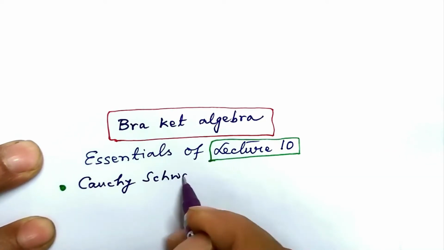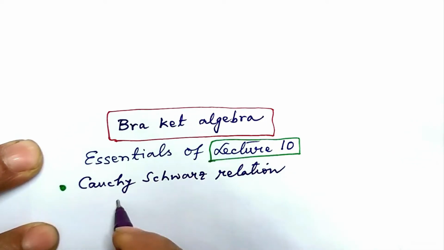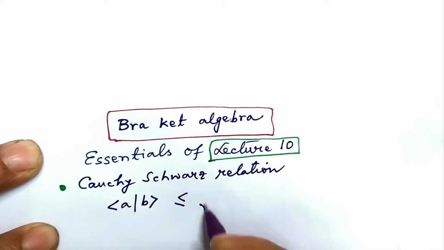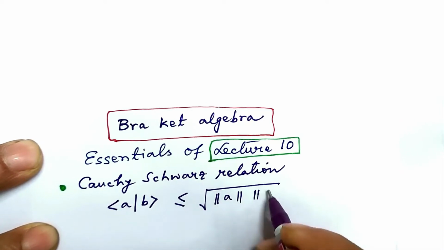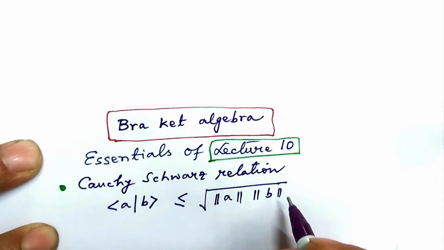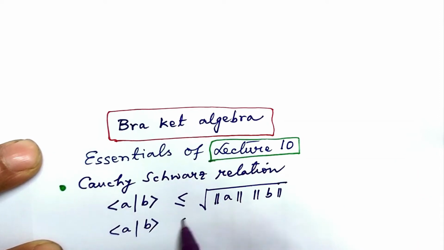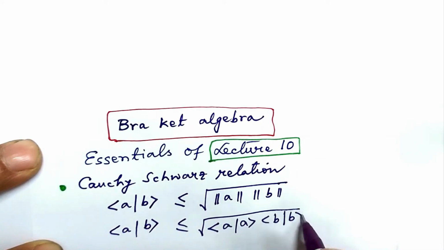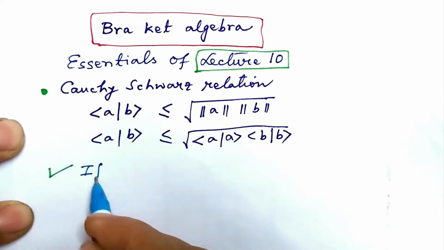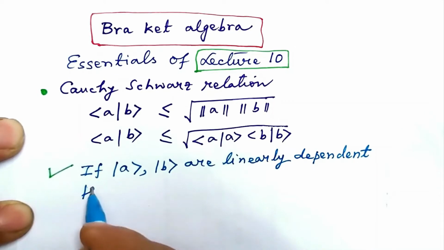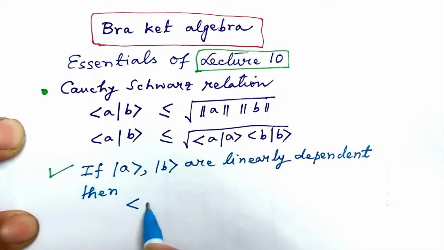We discussed the Cauchy-Schwarz relation, the statement of which is: the inner product bra A ket B is less than or equal to the square root of norm A into norm B. Rewriting the expression of the norm explicitly, we can restate it as: the inner product bra A ket B is less than or equal to the square root of bra A ket A into bra B ket B. Also, we showed that if ket A and ket B are linearly dependent, then the equality sign holds. In other words, we have